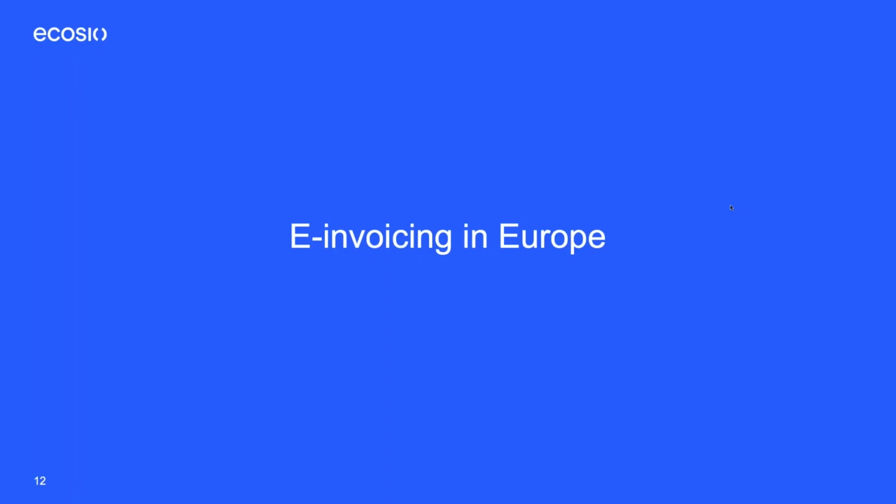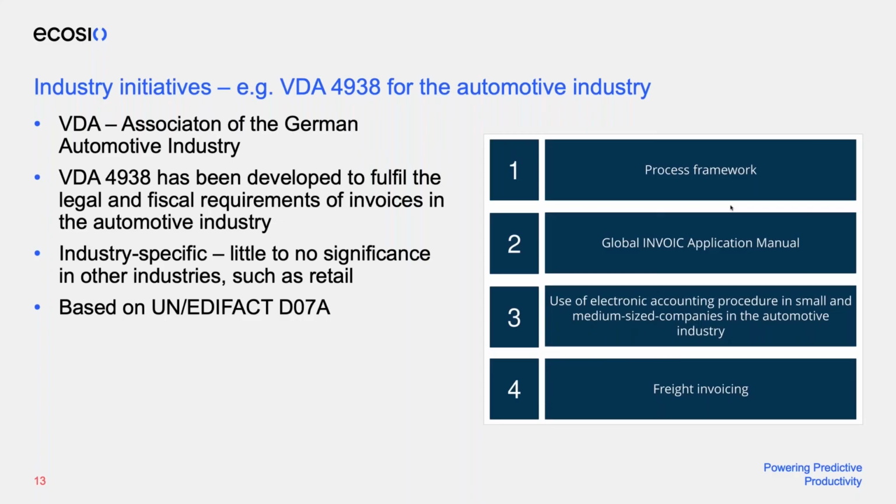If we are to look at e-invoicing in Europe in general, let's examine some industry-specific initiatives we see here before we go on to governmental initiatives. First here, VDA 4938, which is the de facto standard in the automotive industry. VDA is the Association of the German Automotive Industry, and VDA 4938 has been developed to fulfill the legal and fiscal requirements of the invoices in the automotive industry. It is very industry specific, so it has little to no significance in other industries such as retail, and the standard itself is based on UN EDIFACT